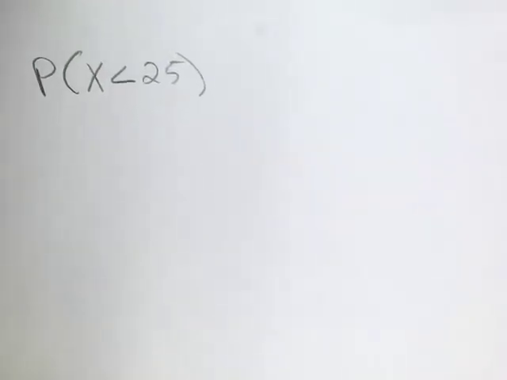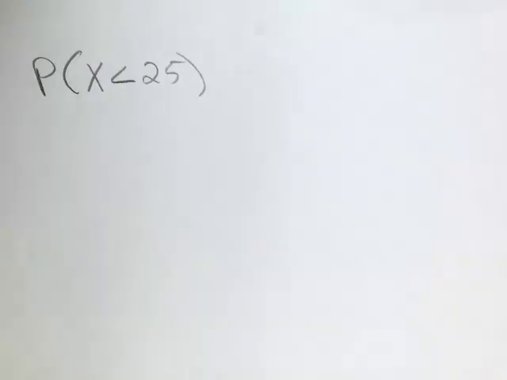All right, looking at this probability expression as a binomial probability, this would be the probability x is less than 25. That does not include the 25. So if we were using the binomial distribution, in particular the binomial CDF on your calculator, we would be finding the probability x is less than or equal to 24. However, under